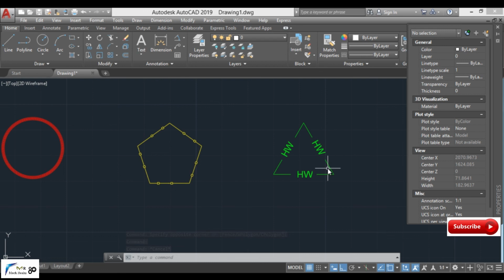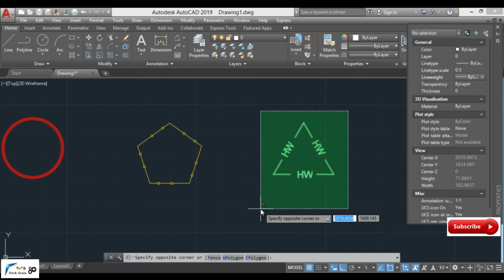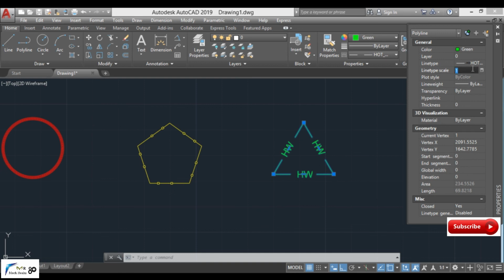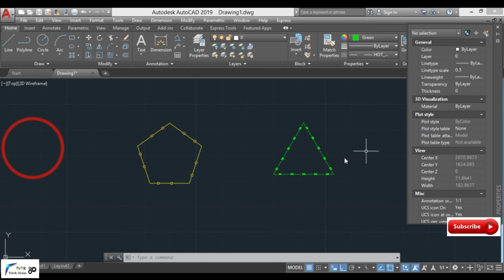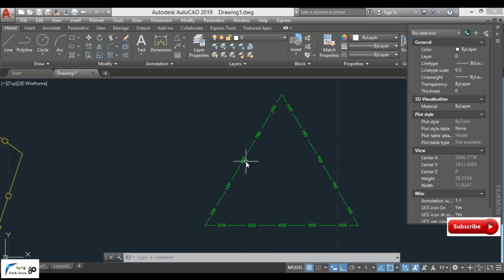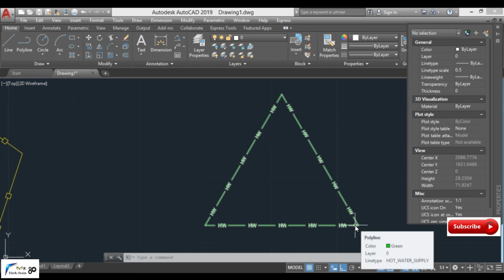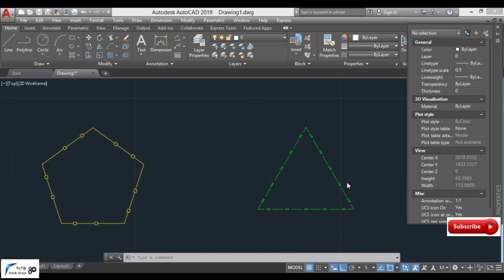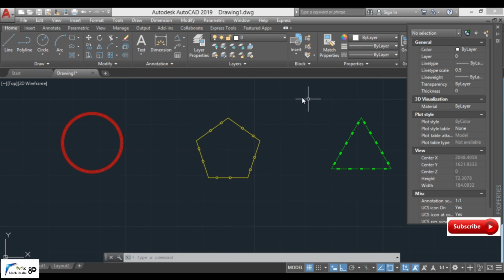Now moving to the third one, here only 3 hot water line type is available to us. Now let us select the third object, select line type scale option, select 0.2 from here, and we can see a number of hot water icons are available in front of us. That is, the scale of line type has been reduced. Clear? In such a way we can make changes to line type option.